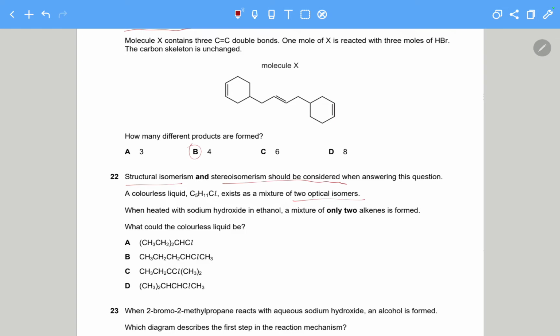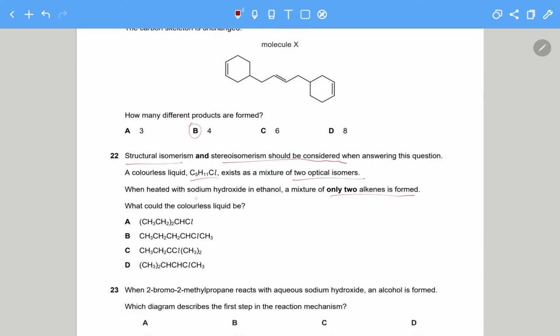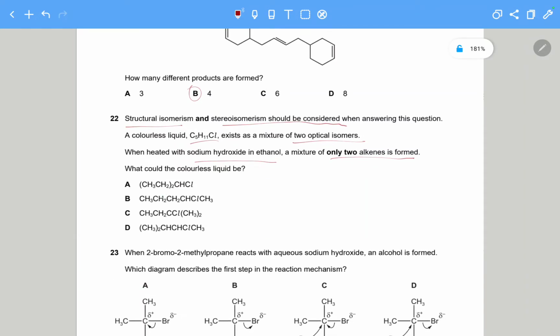So it exists as a mixture of 2 optical isomers, which means that it has a chiral center, and then a mixture of only 2 alkenes is formed when it is heated with sodium hydroxide in ethanol. So sodium hydroxide in ethanol, elimination, so it should ring a bell that alkenes must be forming. So first one is (CH3CH2)2CHCl. Now this does not have any chiral carbon atoms, so automatically we eliminate this because this piece of information of 2 optical isomers tells us that it has to be chiral, so A is not correct. B,